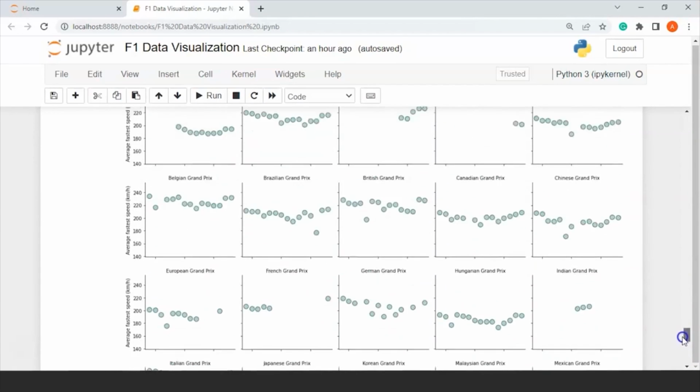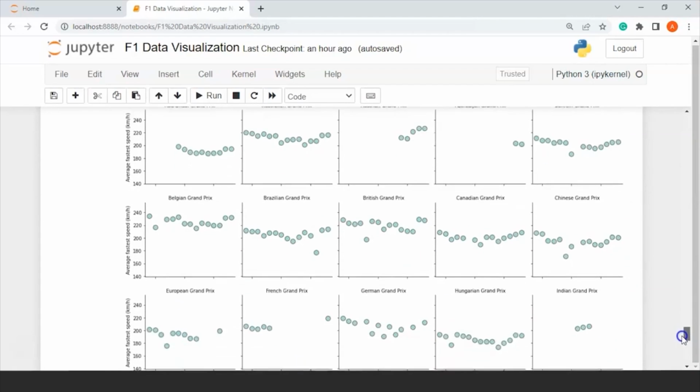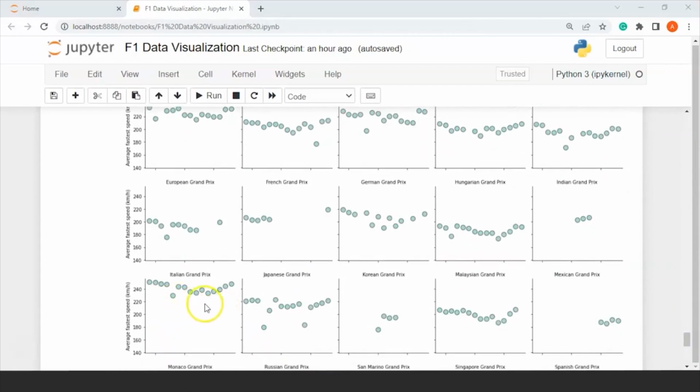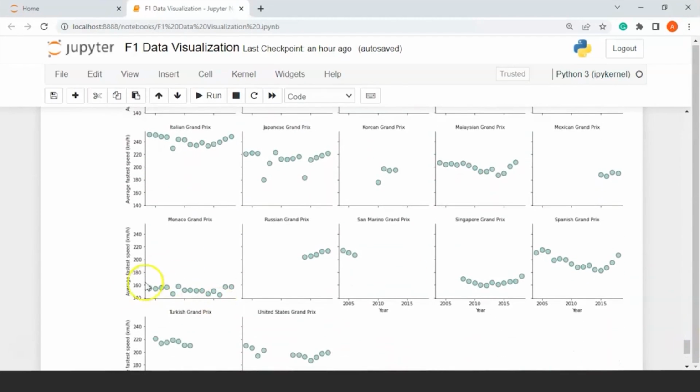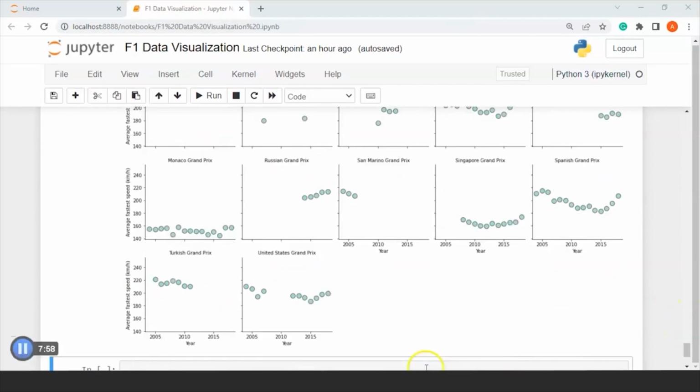For instance, if you check the Italian Grand Prix, which is here, Italian GP has the fastest race in the calendar with average speed exceeding over 240 kilometers per hour. On the other hand, if you talk about the Monaco Grand Prix, let me show you. If you see here, the Monaco GP is the slowest race with average speed below 160 kilometers per hour. Now this is actually expected because the Monaco Grand Prix has very narrow streets and hence the drivers cannot drive